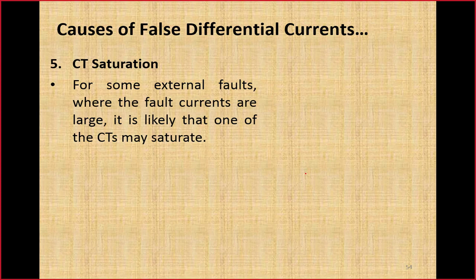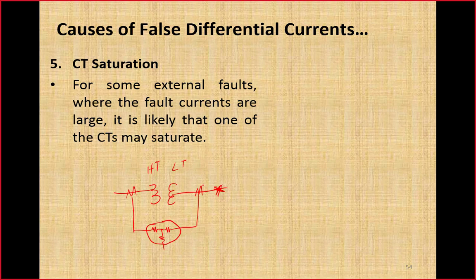In order to understand this, let me draw the transformer and its differential protection. These are two restraining coils, and then we have the operating coil over here. So this is the differential relay. Now if a fault occurs outside the transformer, as we know, the two-side currents of the transformer will not be the same. On the LT side, current will be higher as compared to the HT side. So the possibility is there that one of these two CTs may get saturated. Let's say this CT, this is the HT side, this is the LT side, high tension and low tension. HT means HV, LT means LV.